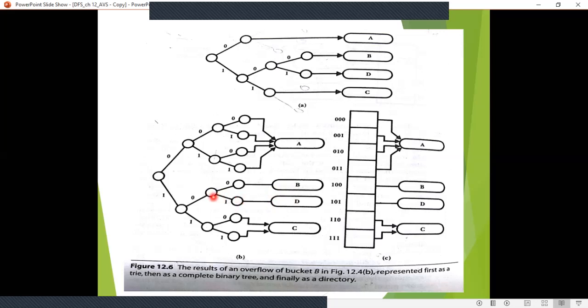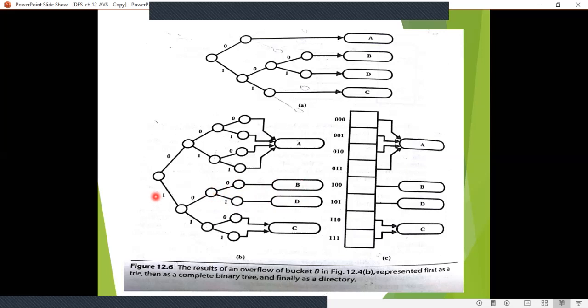Now what happens is, here you have a split into two, isn't it? You can combine these two directory cells here. These two nodes can be deleted, and from this node directly you can give one bucket, that is B. So D is the buddy bucket of B, and you can combine them. After combining, what is the difference?